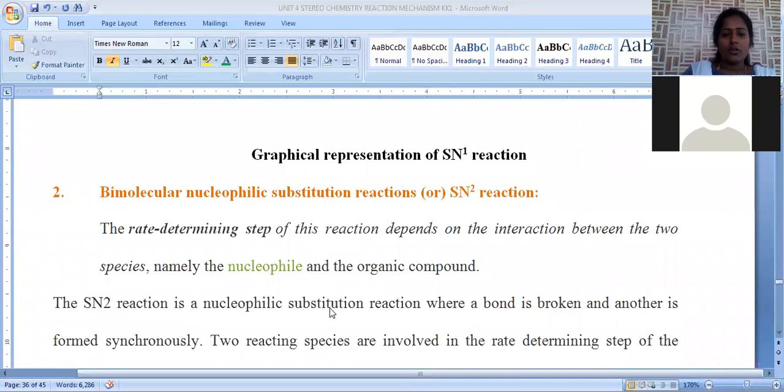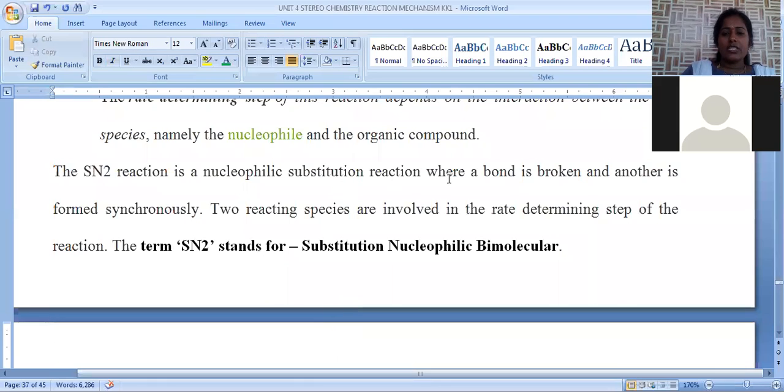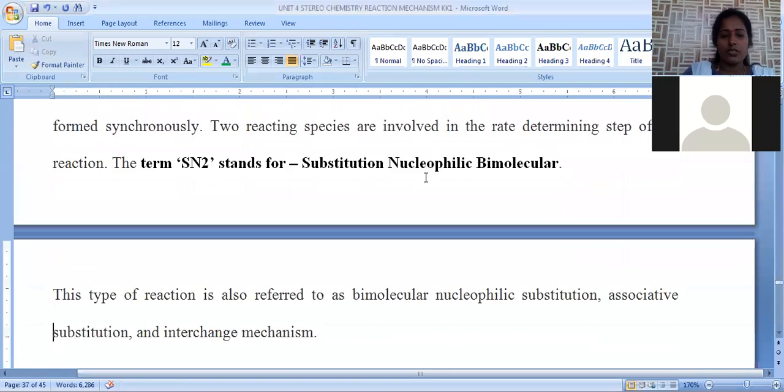Okay, now let us go with this SN2 reaction. So in SN2 reaction, bond cleavage and bond formation are possible simultaneously. One of the bonds is slowly cleaving and the second bond is forming simultaneously within the single reaction mixture. So one bond is cleaved, second bond is formed. This type of observation is possible in this SN2 type of reaction, which is bimolecular nucleophilic substitution. Now let us see how it is possible.